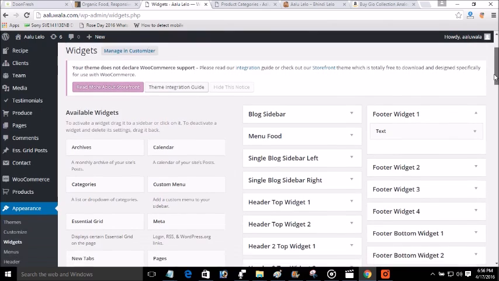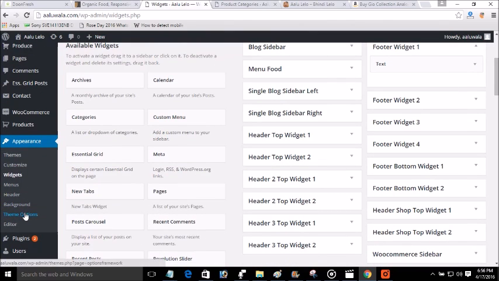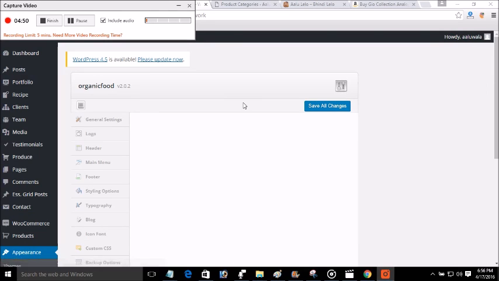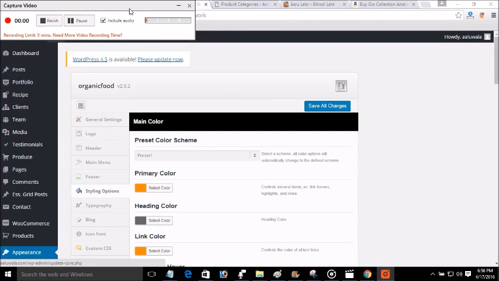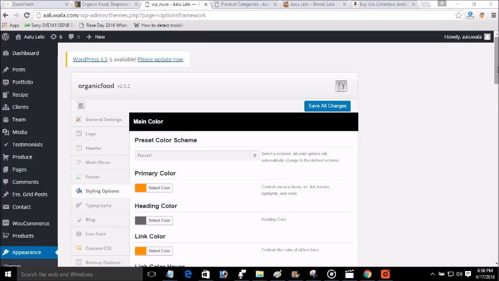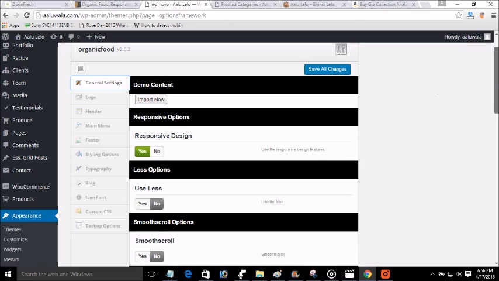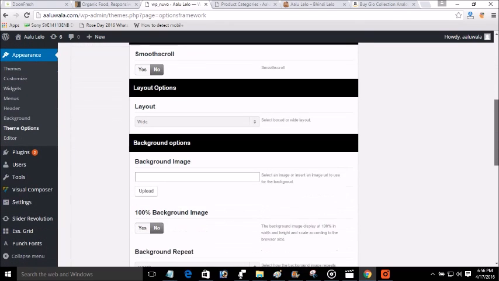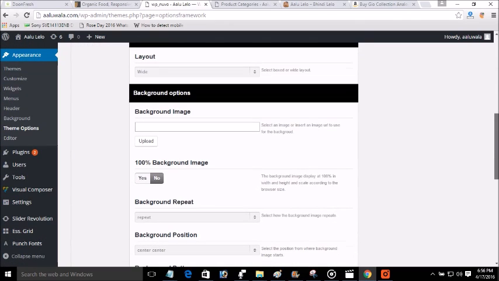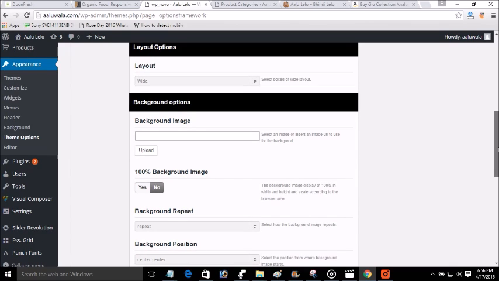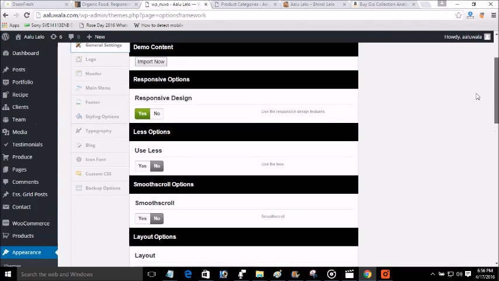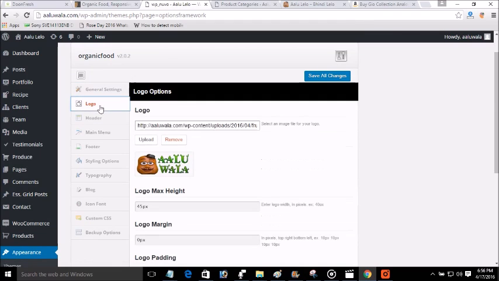Which will be on the appearance and theme options. From here you will do the basic settings of this logo layout, how many footers you need, how your sidebar must look like, and the logo.